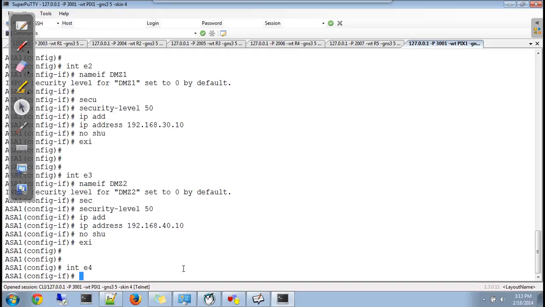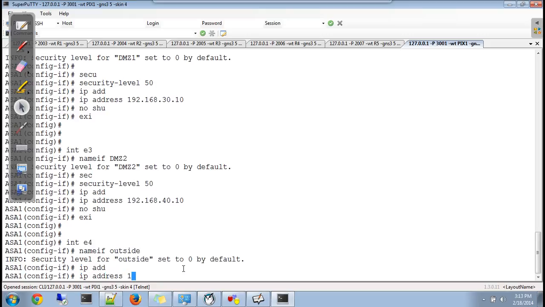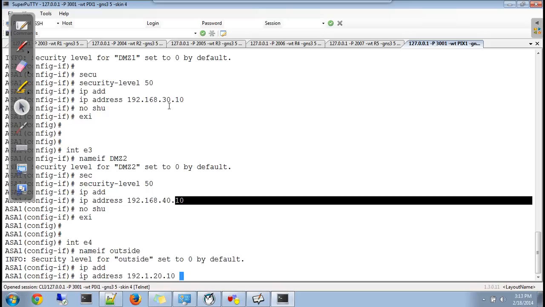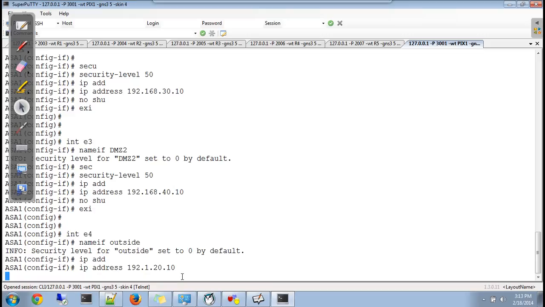For this, nameif outside, security level is 0, that's what I want, with IP address 192.1.20.10. Sorry, 10.20.10 on the firewall. All are .10 on the firewall. Finally no shut and exit.